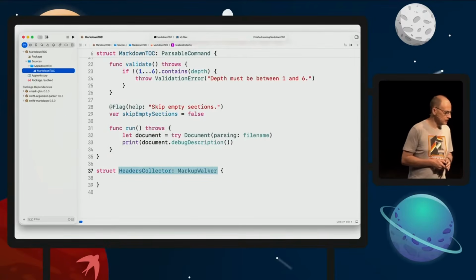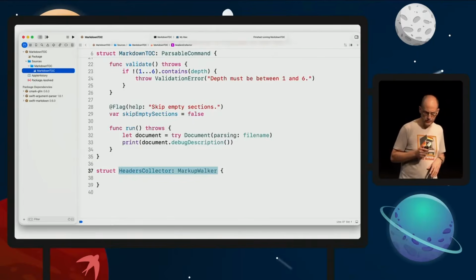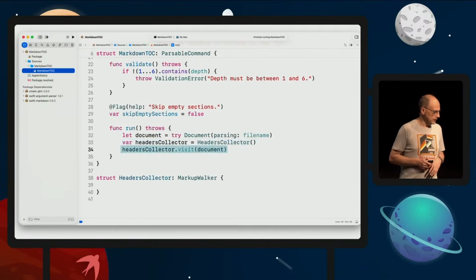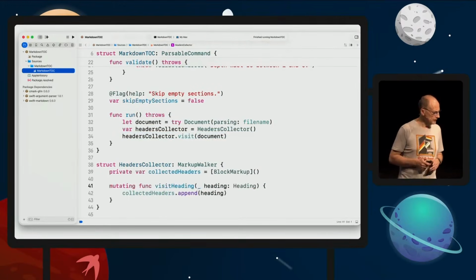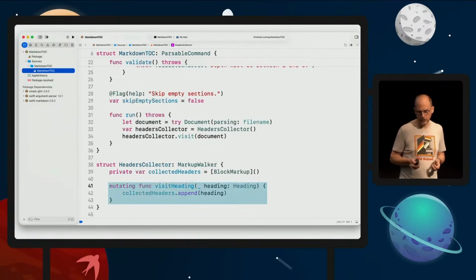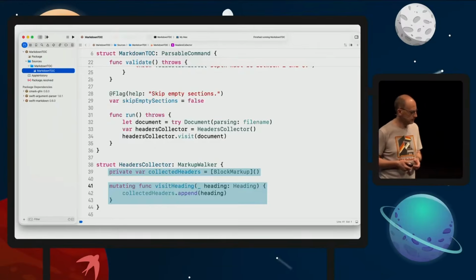So let's implement that. We create a headers collector structure conforming to the markup walker protocol. We instantiate one, ask it to visit the whole document. Of course, for now, it doesn't do anything. We then implement the visit heading method that would be called for each heading, and it just collects all the markup inside of a simple list.